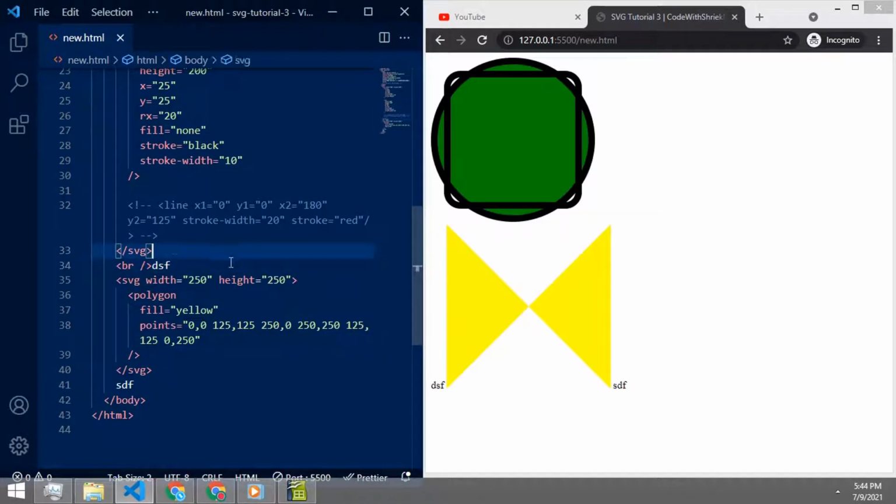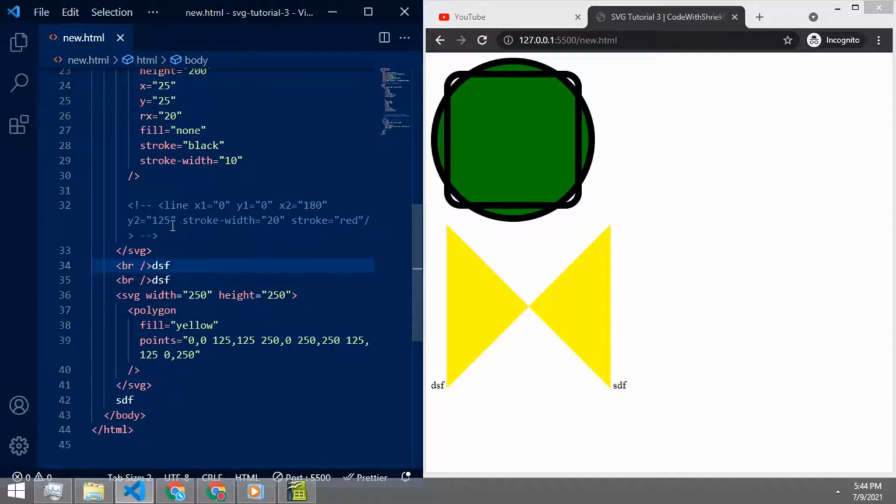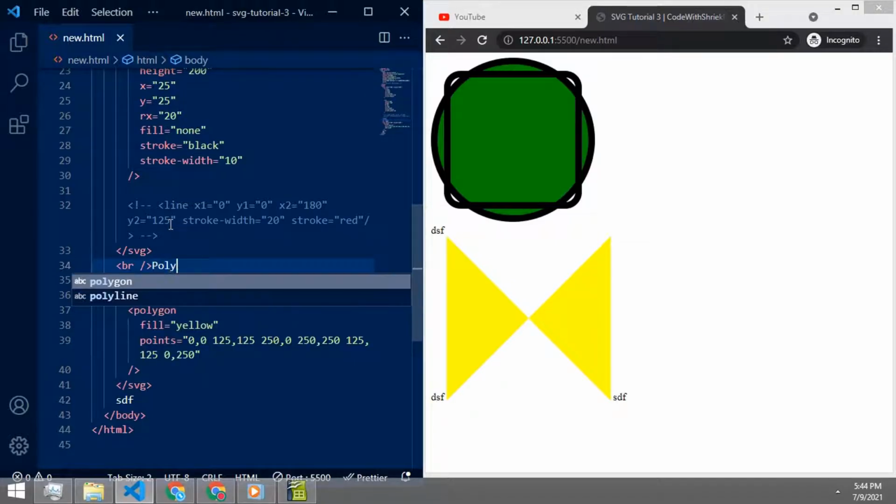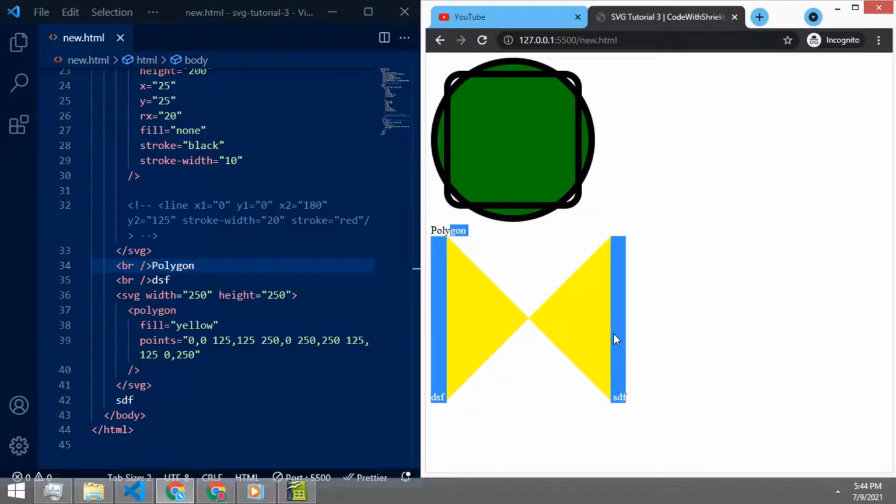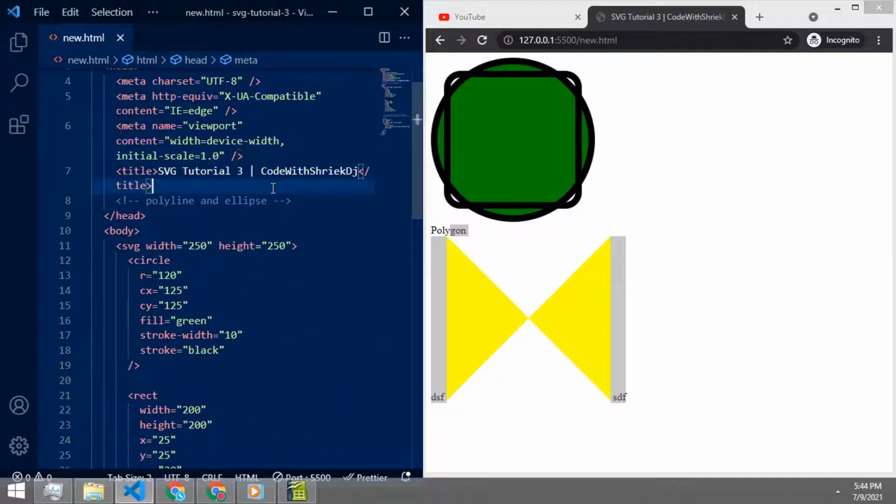We have already written some code. Like in the previous lesson, we are gonna just change some values. Here I'm gonna add a polygon. I'm also gonna add a style tag here with CSS. Why?